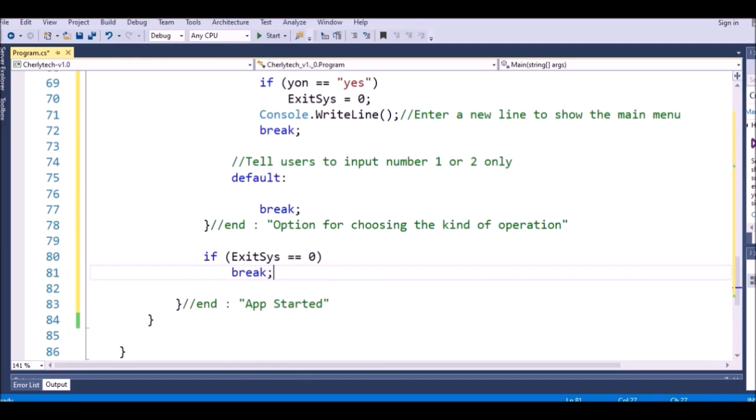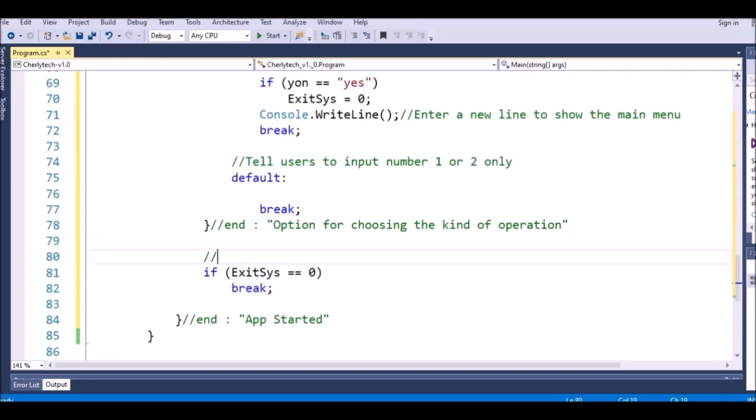If we break, this means we exit the while loop for the app. So I say exit the system when user finishes operation, like this. Okay,